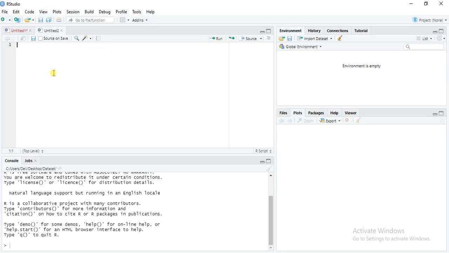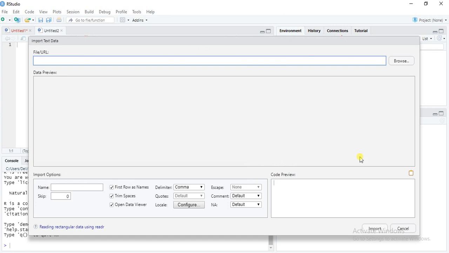Okay, I begin with the small case study. I'm importing the case study; the name is class data for box plot.